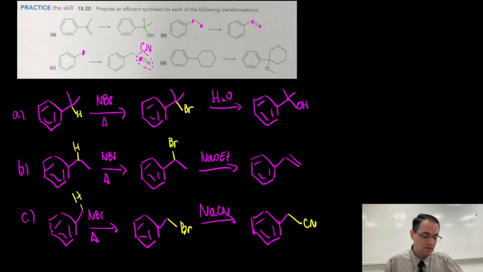So let's look at this molecule here. Okay, it looks very scary. All right, there's a lot of carbons here, but look at what's changing. This carbon right here is the benzylic carbon, so we can brominate that position and we can substitute that position. We want to substitute that position for O-methyl, okay? That's OMe, and that comes from sodium methoxide, for example. So in part D,